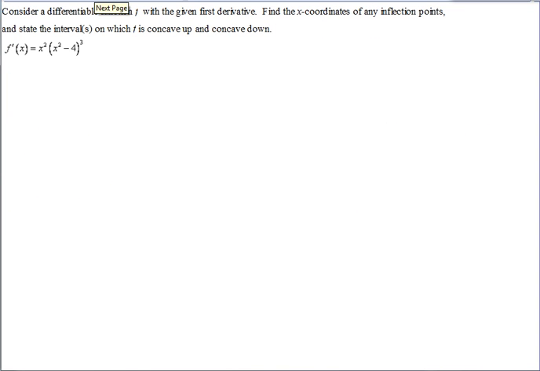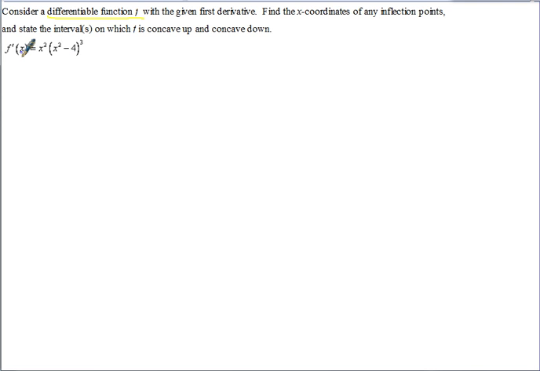Alright, now let's take a look at the next one. This one says consider a differentiable function f. That just means that you can find its derivative with a given first derivative. So it gives you the first derivative already. Find the x-coordinates of the inflection points and state the intervals on which f is concave up and concave down. So this time,